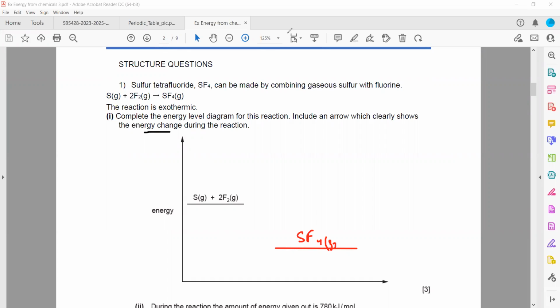The arrow of the energy change is always from reactant to product. So the arrow must point downward, and you will label that. You can write delta H, which means enthalpy change or energy change, or you can also label this arrow as energy change. They did not ask for activation energy here, but if the question was to label activation energy as well,